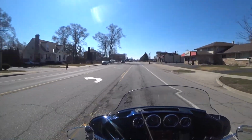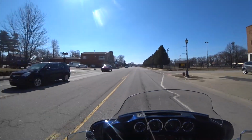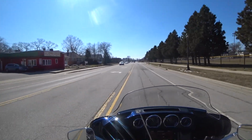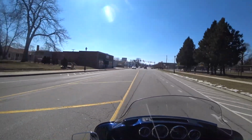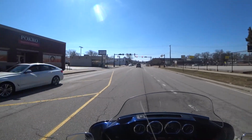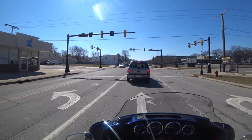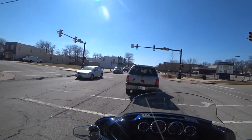But at the end of the day, the biggest reason I decided to buy the Harley instead of the Indian was the engine and the deal I got on this bike. I don't want to make it sound like money is everything, but when your dealer offers you a killer deal on your trade and works with you on interest rates